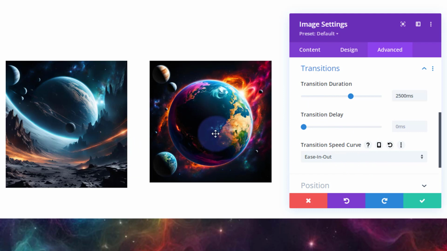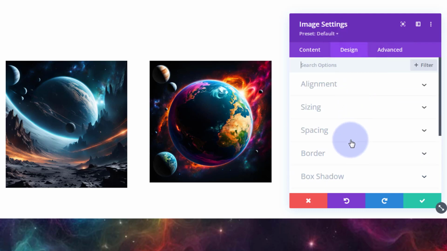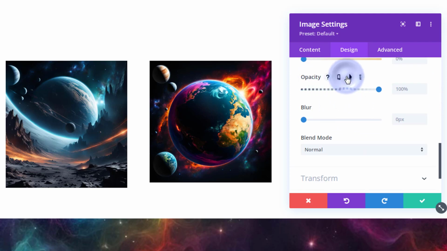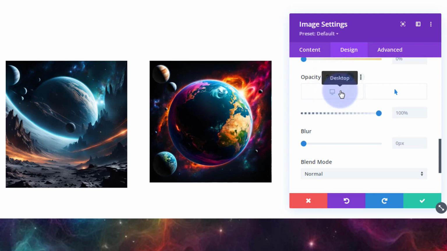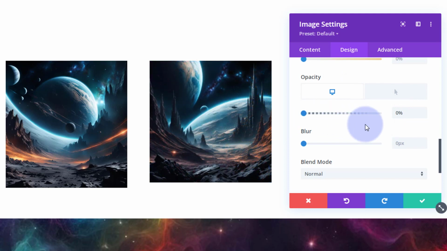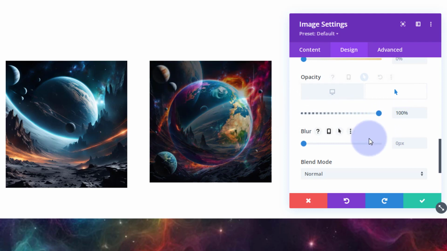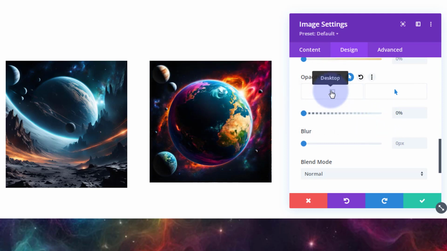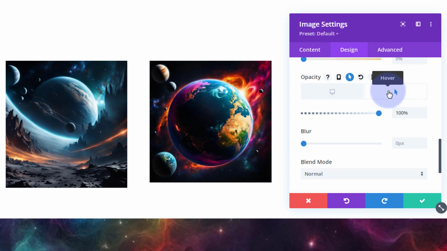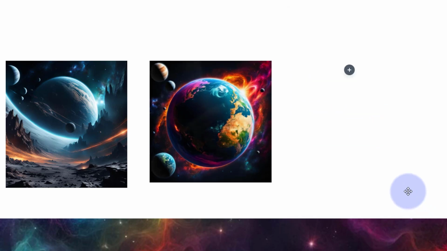But of course, I don't want to see this first. I want to see my regular image there. So again, design, filters. I'm going to use that little opacity slider once more. I'm going to get the little arrow up. Desktop. Don't want to see anything at all. When they hover over it, going to bring it back. And if I do it here, you'll notice it's actually going to sort of zoom in and zoom out, which I think is a nice little effect there. Great. Well, let's save that and move on to our third one, which is going to be a drop-down text